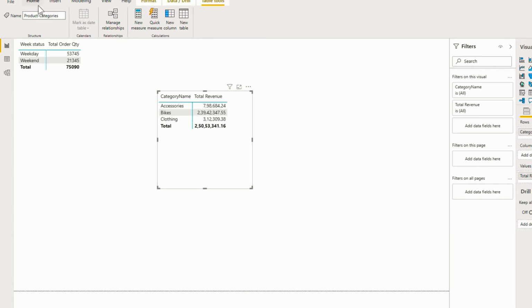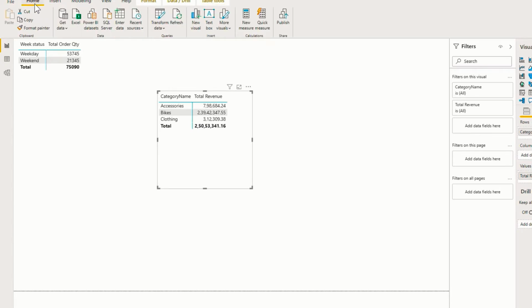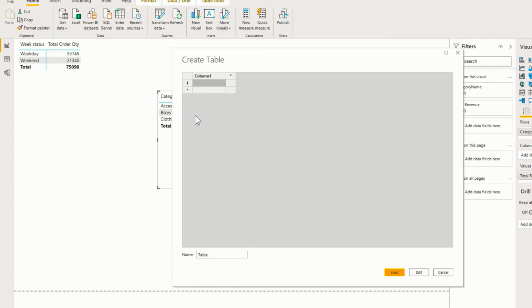So I'll create a new table for all my measures. I'll go to Home tab and click on Enter Data. And here I'll name the table as All DAX. Now since the tables are listed in an alphabetical order, this will always be on top of all the tables here.